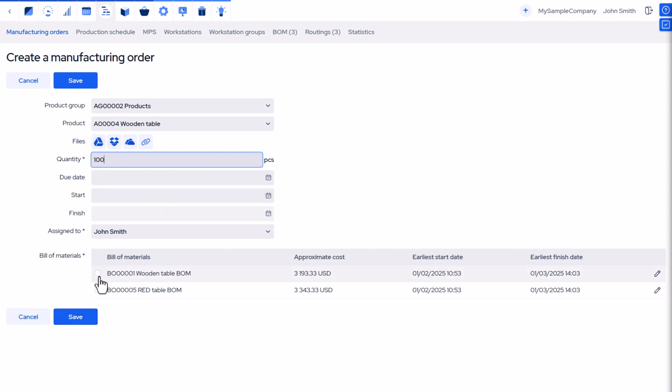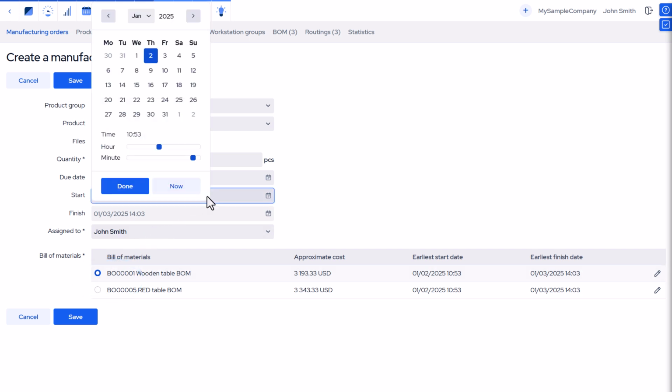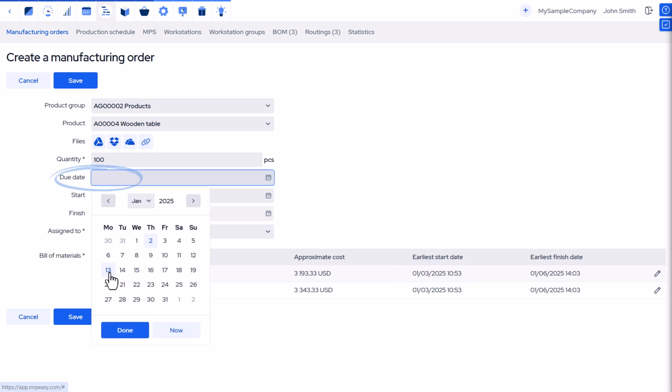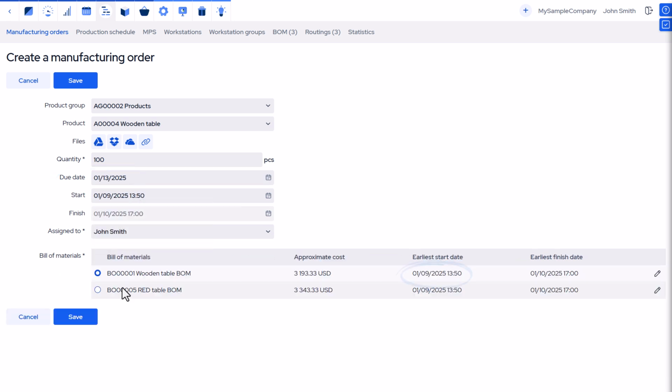Now we review the suggested start and end times. We can choose from several bills of materials if multiple options exist. We can adjust the planning start date if needed. The system will find the earliest times after that. Or if we set the due date, the system will find the latest start time before that date, while only